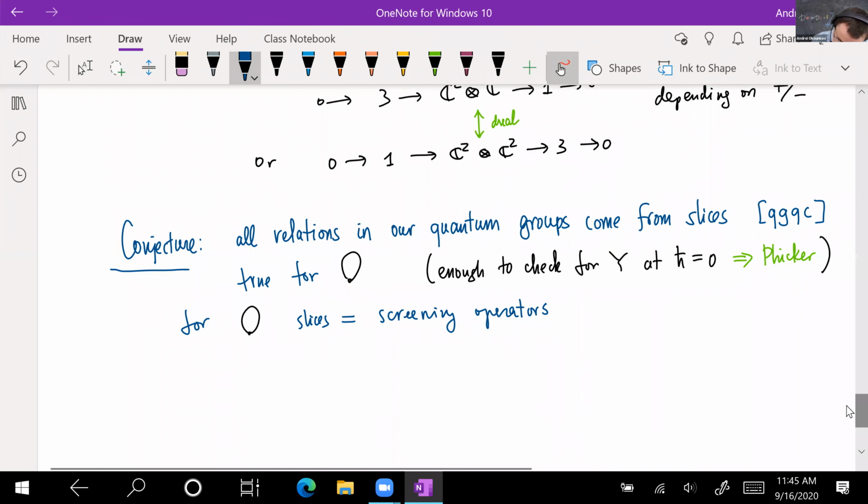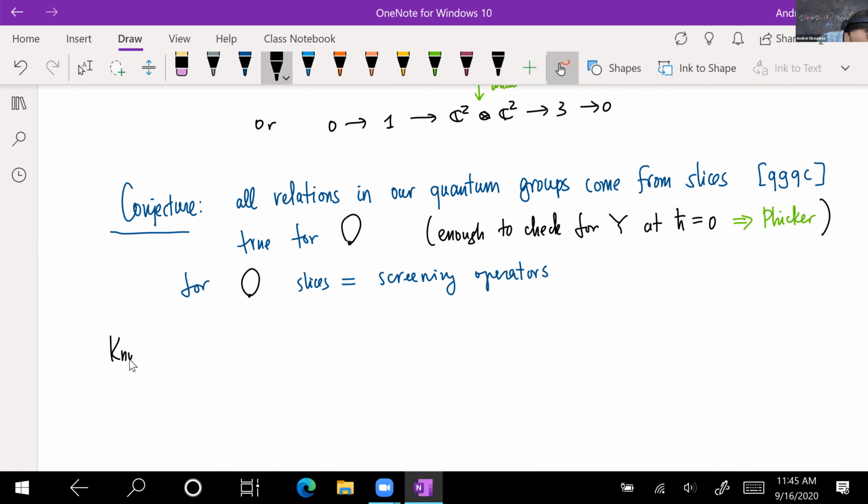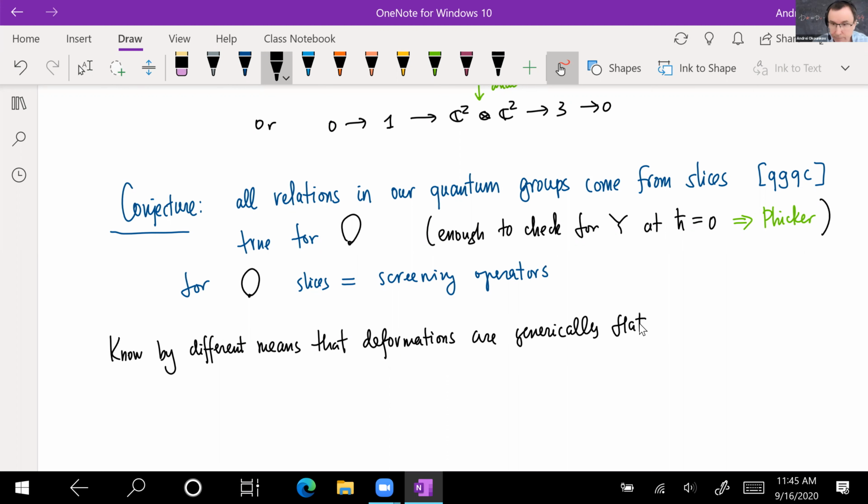And towards this conjecture, what is known? We know by different means, we'll discuss maybe, the generic deformations. So at least that's some argument you can use. And also towards this conjecture it's known, there's a paper I've been writing with Nakajima for many years, and one of the results of this paper, not the main result, but it contains, is that if